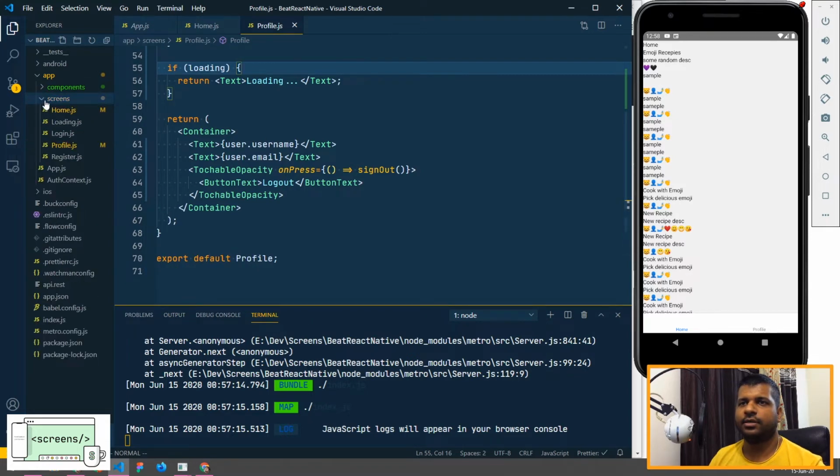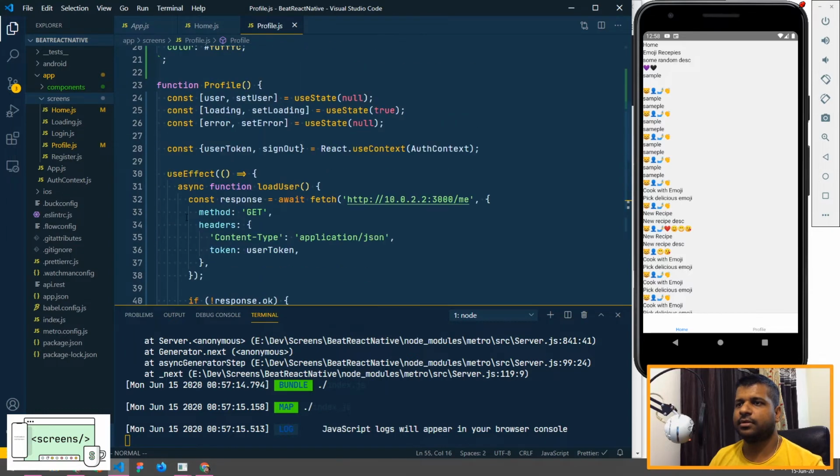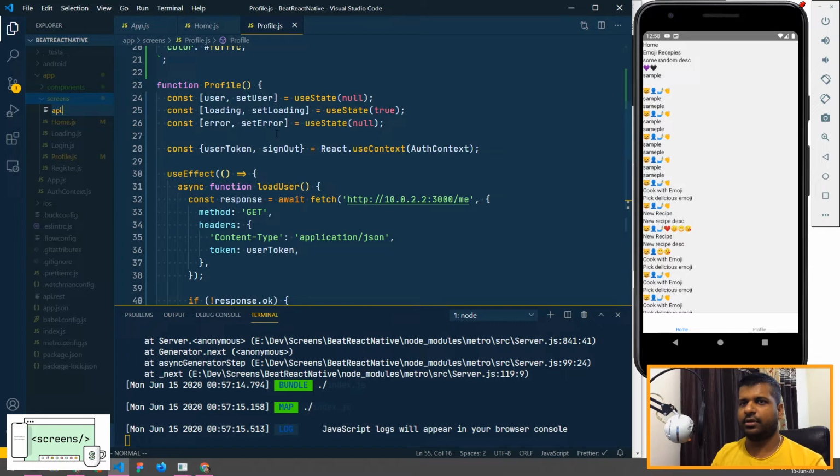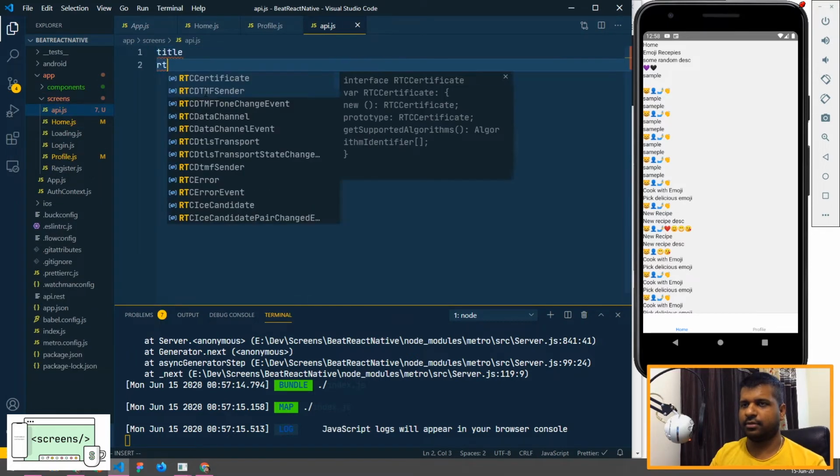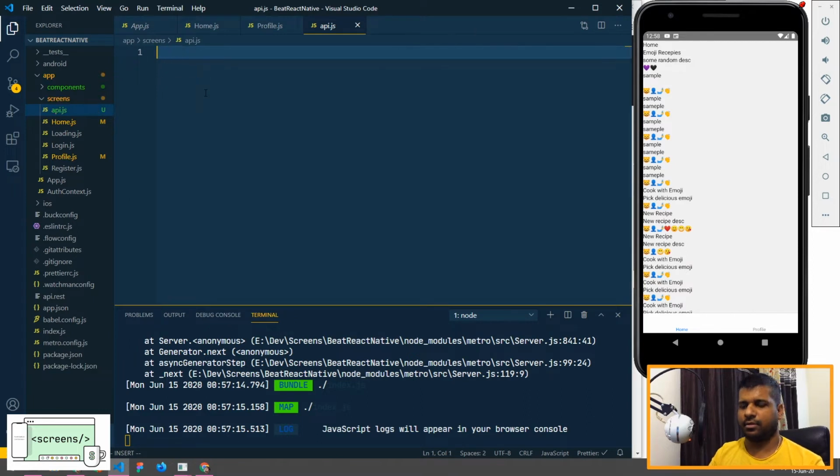So let's go ahead and see how it can be done. First of all, we need to extract the API calls to api.js. So I'll create a file called api.js. Okay, so let's go ahead and create functions.